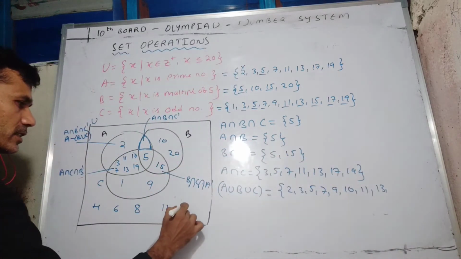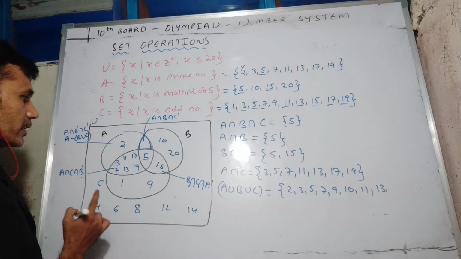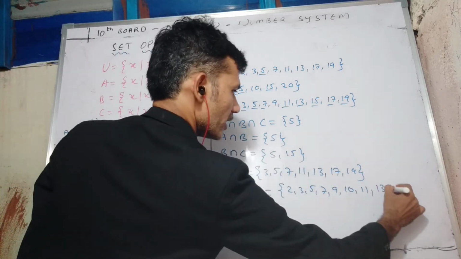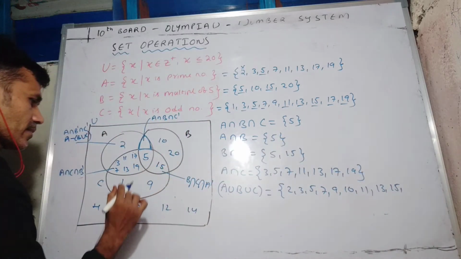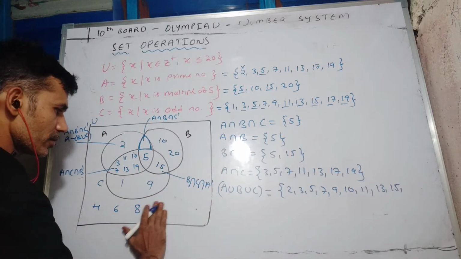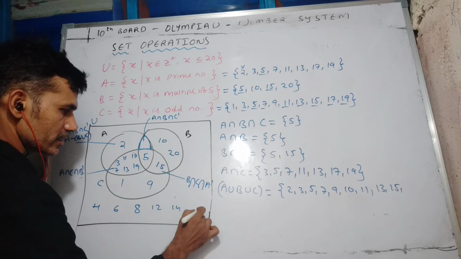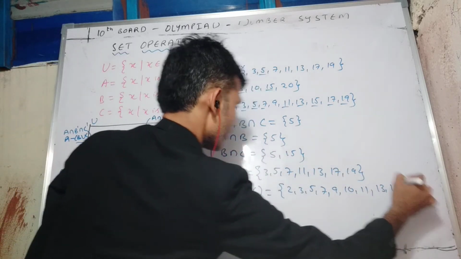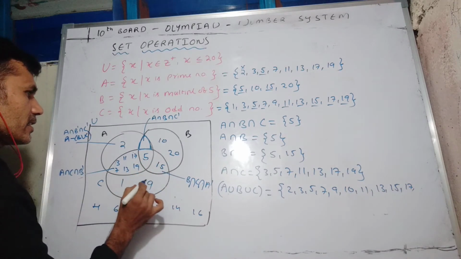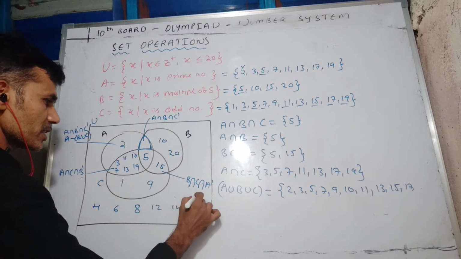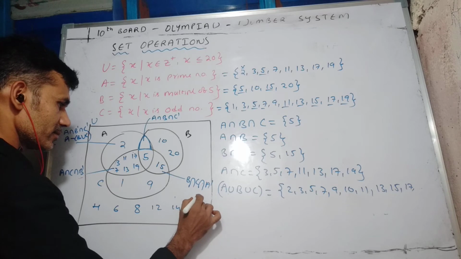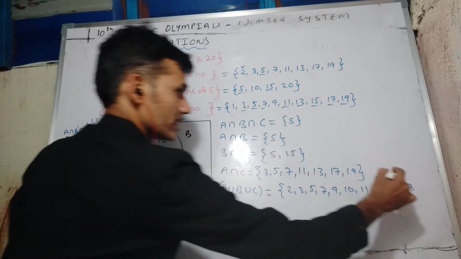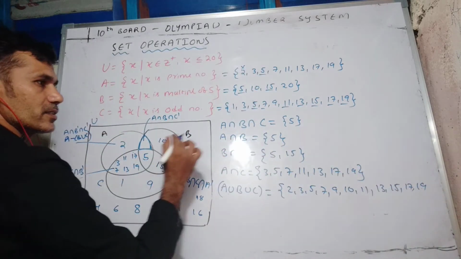14 also it is not there I think. 14, 16 will not be there. Remaining things will be there. 15. Next 16 also, here 16 will come outside. 12, 14, 16. Next 17 is there. Next 18 is also, 18 will also be outside. Okay, 18, 19 is here. And 20 is also there.